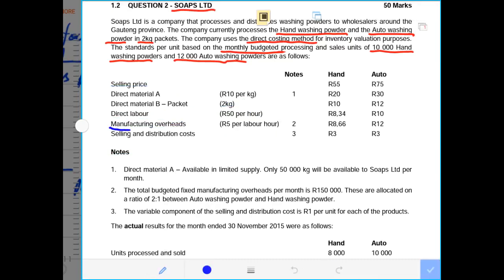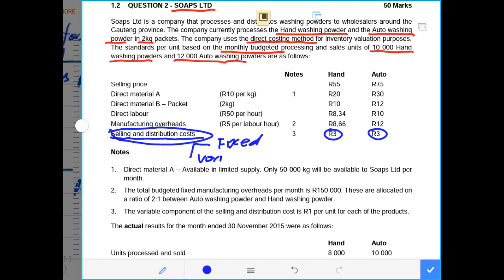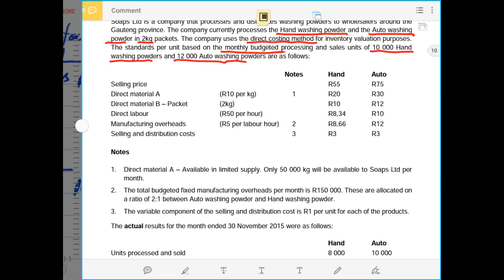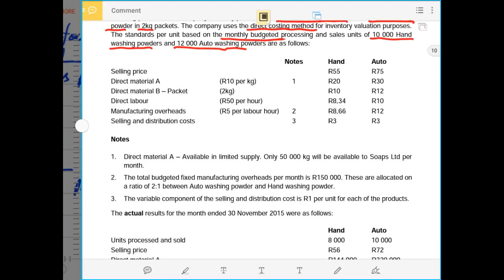Whenever it is silent regarding manufacturing overheads like this, we know there will be further information clarifying the fixed and variable portions. Then we have selling and distribution cost, which is 3 rand per unit for each product. Again, they have to clarify how much is fixed and how much is variable, because selling and distribution can have a fixed portion and a variable portion,